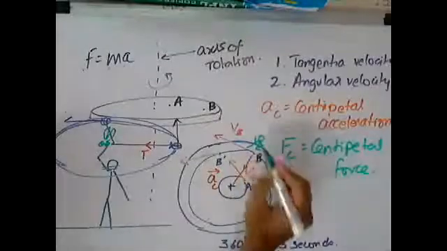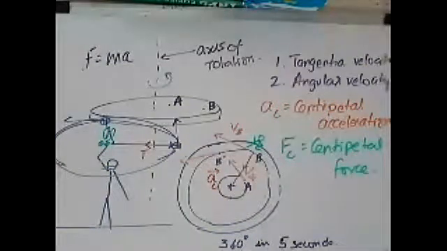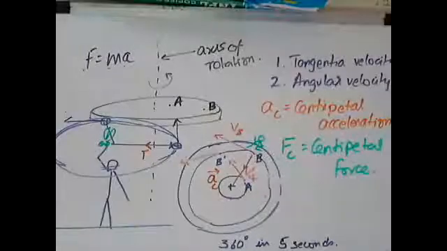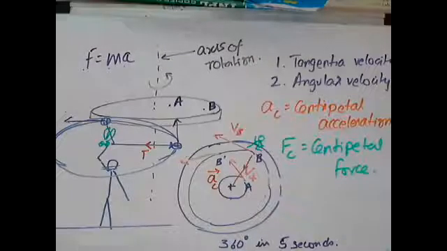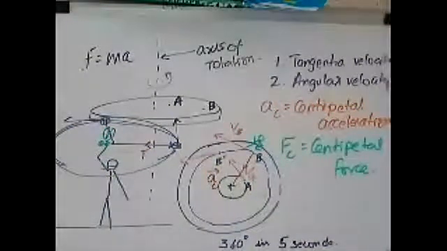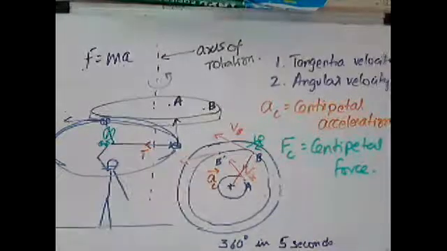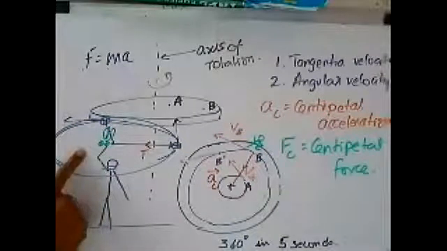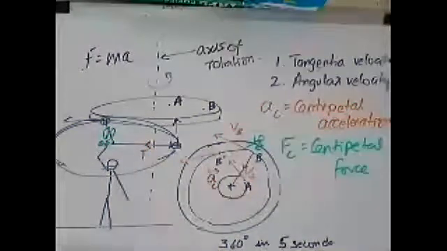Oops, that looks funny. Okay. As you are going around, you start thinking, this is a circular motion, so I'm going around in a circular path. There must be centripetal acceleration because I'm continuously changing the direction in which I am moving. If there is an acceleration, then there has to be an unbalanced force that causes it. In this case, we said it's the tension in the string. In this case, we said metallic bonds or polymer bonds. What about if you're running around the track? Where does the force come from?